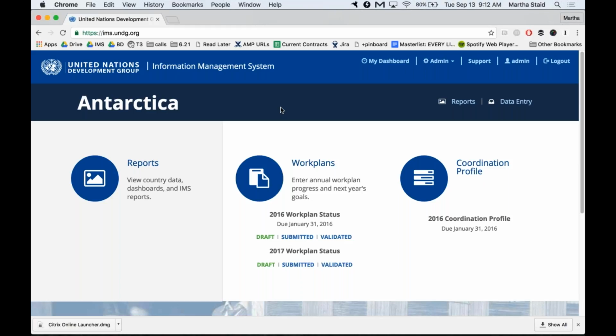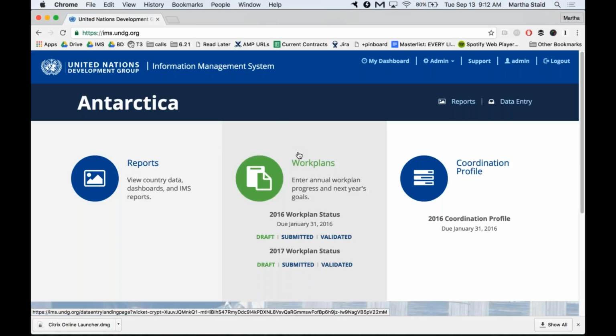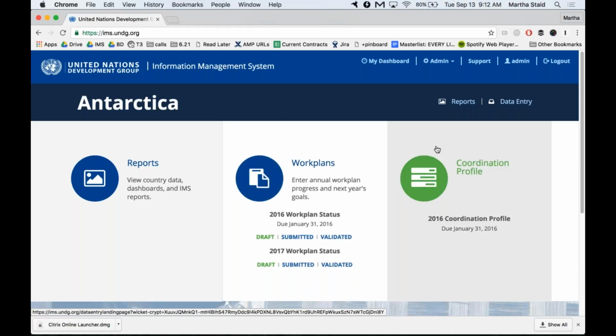To give you the 10,000-foot view, the IMS is made up of 2 separate data entry modules as well as a reporting module. You can see here on the landing homepage the work plans module and the coordination profile. This is where countries enter their data into the system